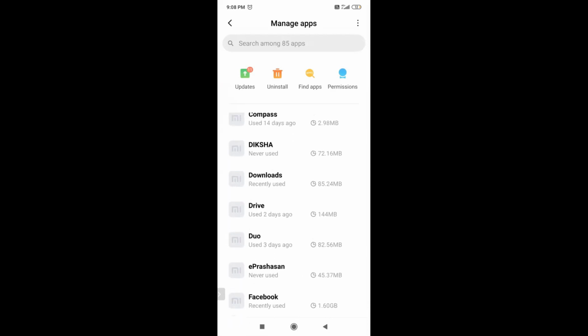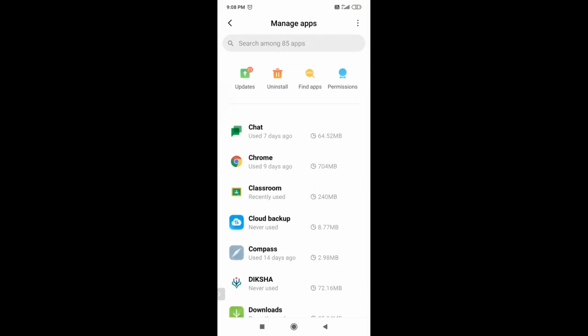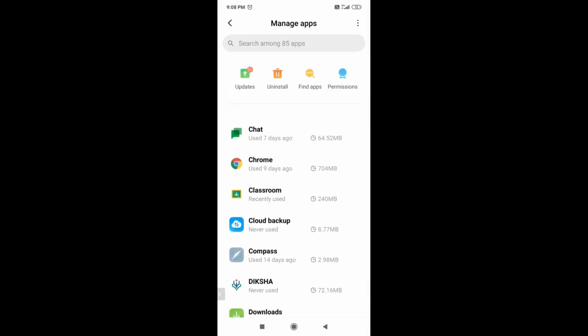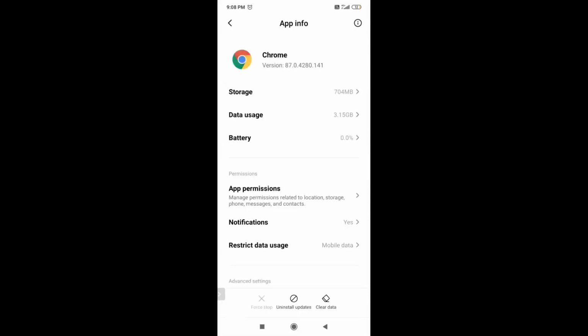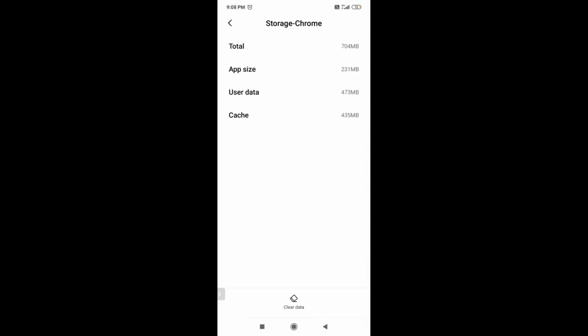So you will have to see where Chrome is. So there it is. We'll select the option called Chrome. Then you will see at the bottom there is clear data. Now in this, again at the bottom you will see the clear option. Click on that and then you will find the option called manage storage.